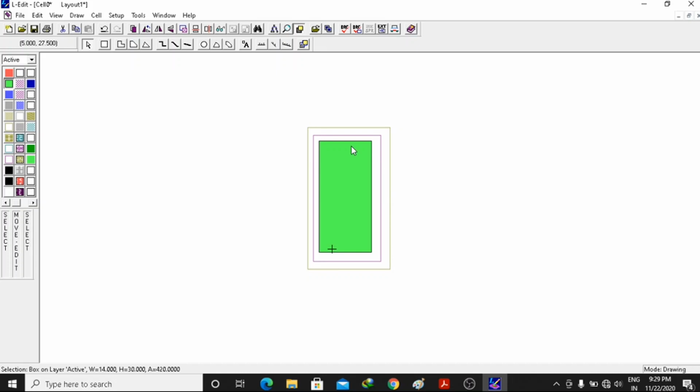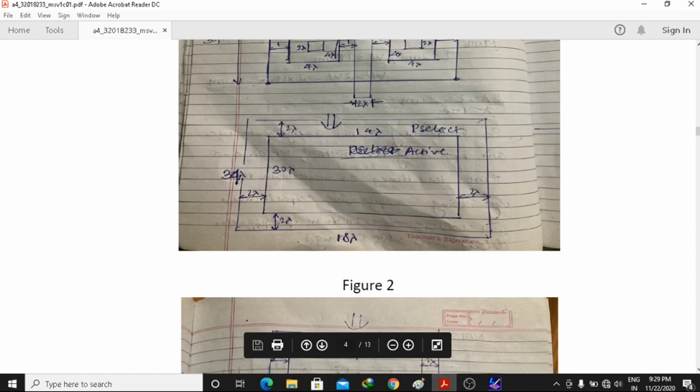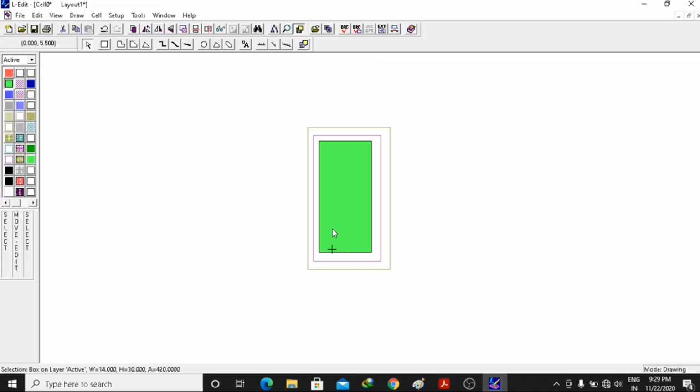Okay, how I am increasing the size, guys? Very simple. First you click on this mouse button, arrow button. After that you click on the edge. Like if you want to increase this width, then you click here. After clicking, you click Alt button, and then you press the right click of the mouse button, and you will be able to drag it. Okay, so you can see, for active, whatever I have drawn in this layout or in this paper, I am achieving the same thing over here. My width is 14 and the height is 30.